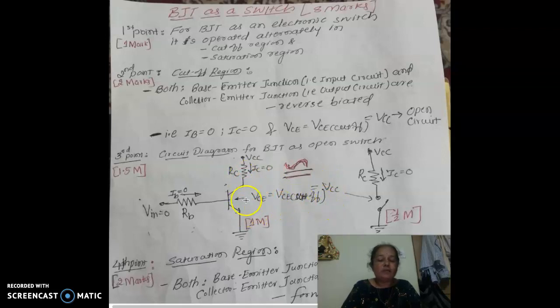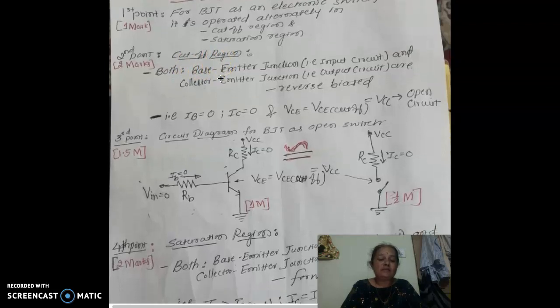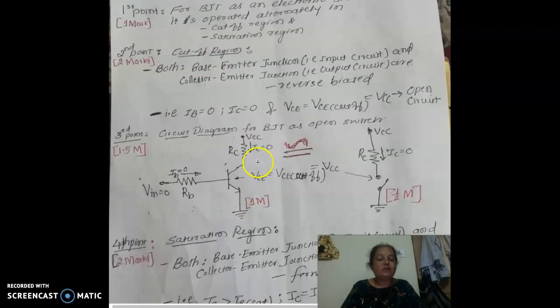If some voltage drops between the two points of the switch, it is an open circuit. So the transistor is replaced by an open circuit switch. This is how we explain the switch in the open circuit condition by making the BJT work in the cutoff region. You will have to draw this circuit. The circuit consists of one transistor. If the arrow mark is outside, it is an NPN transistor. Ground the emitter, and at the input circuit you have in the base a series resistance RB, and the input voltage is provided here.